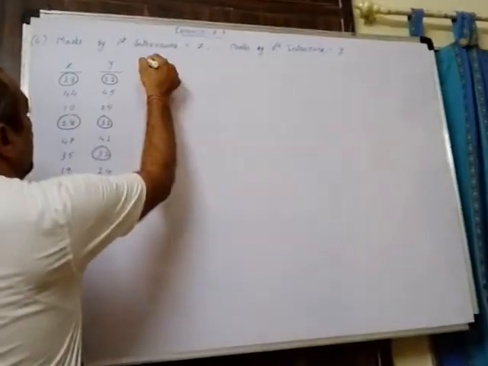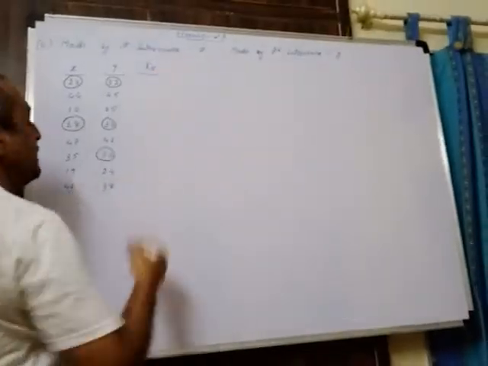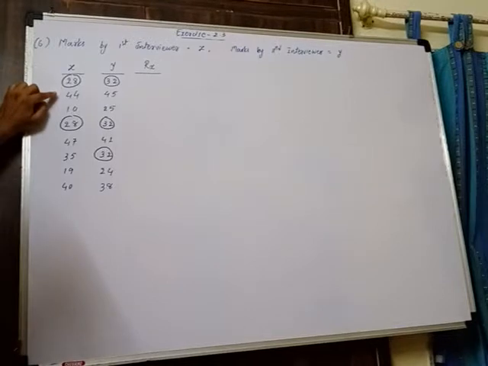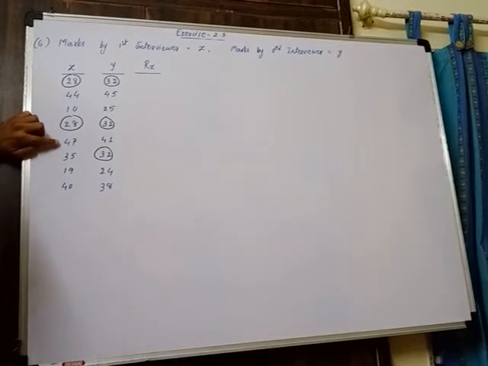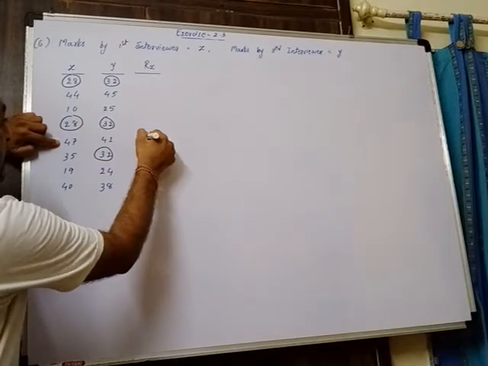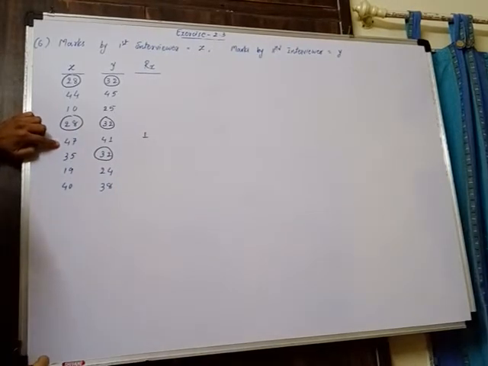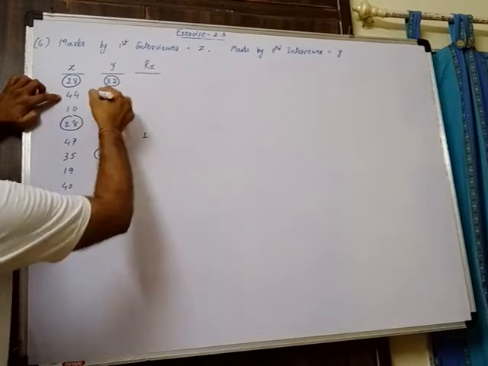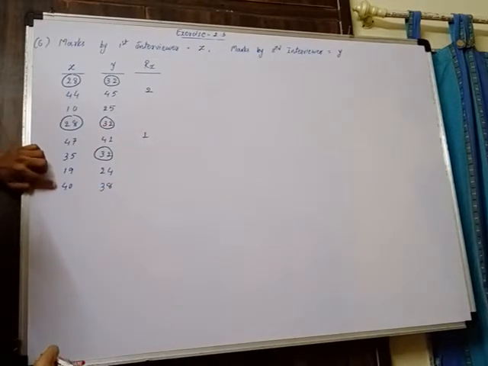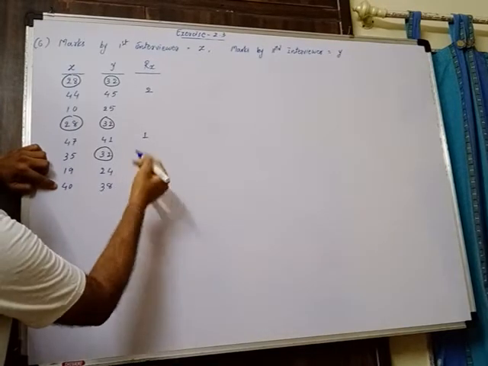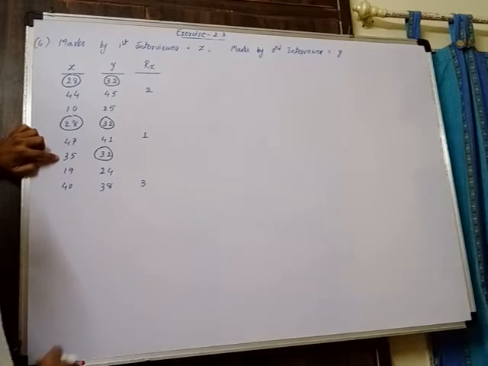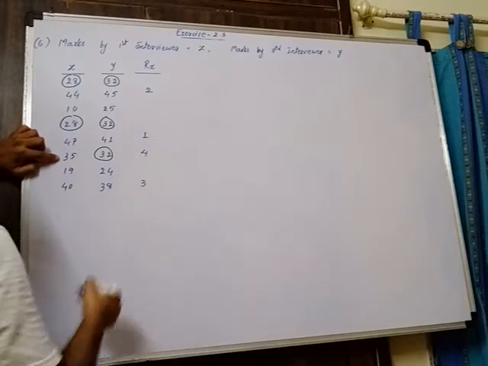So first we will give the ranks to the variable X observation in order of the values. So in variable X the highest value we have available is 47. So 47 will be assigned first rank. After 47, the next highest value is 44, will be assigned second rank. After 44, the next value is 40, assigned third rank. After 40, the next value we have is 35, is assigned fourth rank.